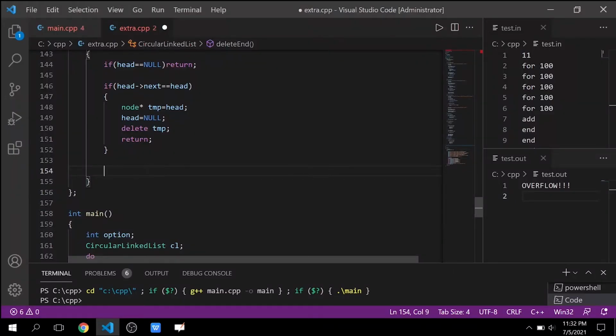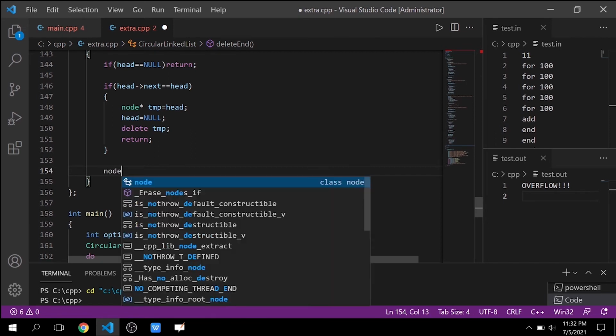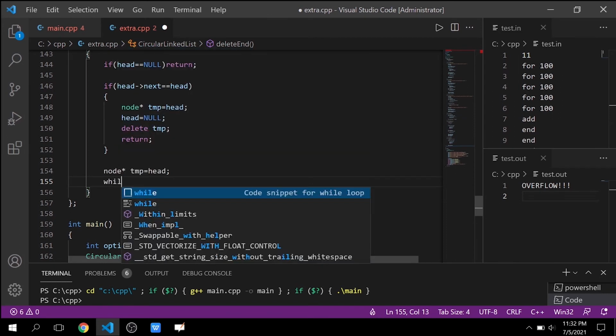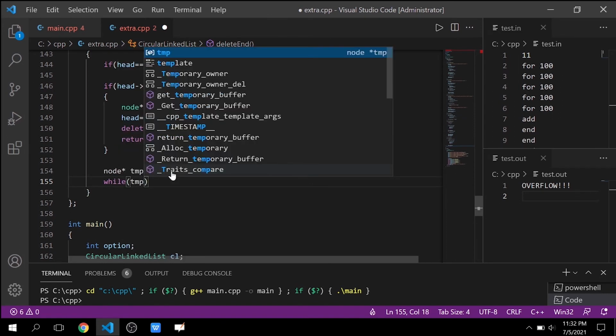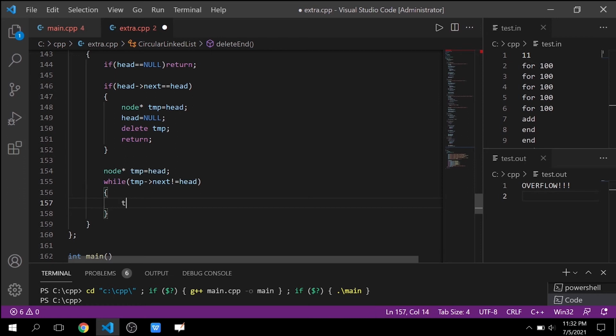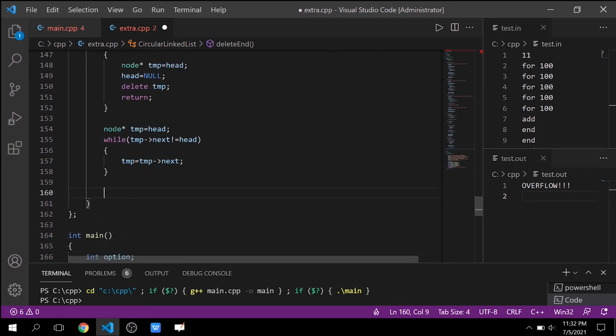So first of all we have to go through a loop to find the last node. We will simply jump to the next node. Then at this point we have reached the last node, right? So we also have to maintain the previous node, because we have to change the next pointer of the previous node.